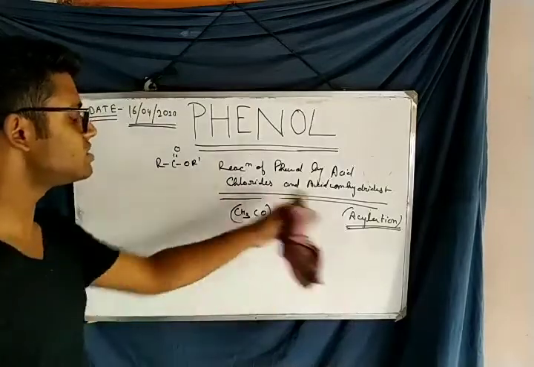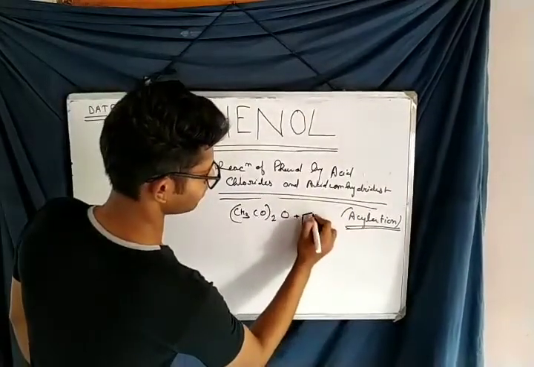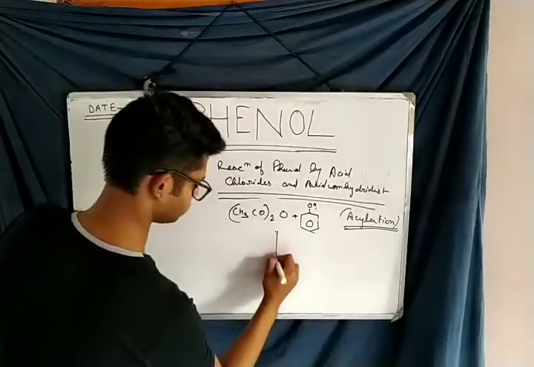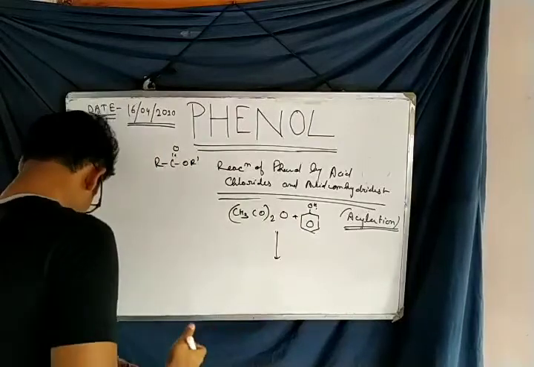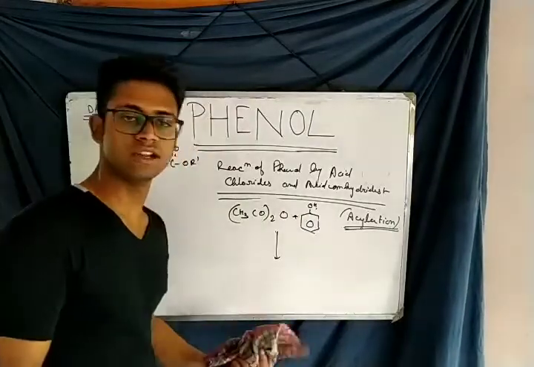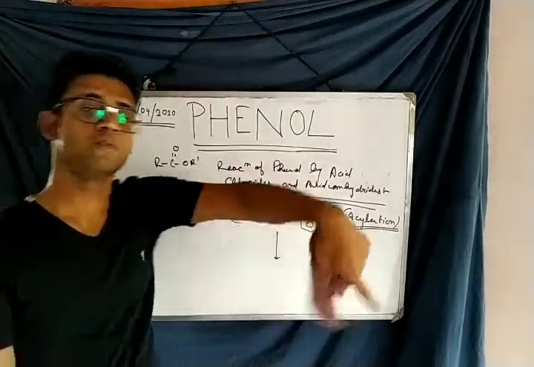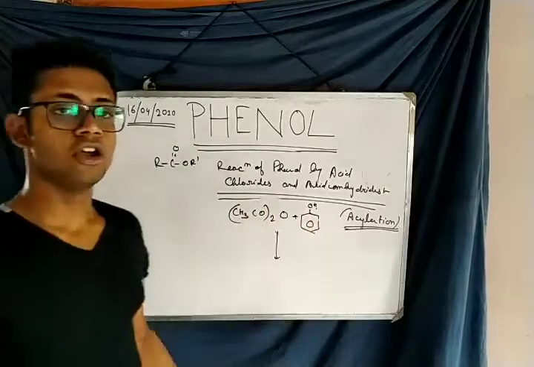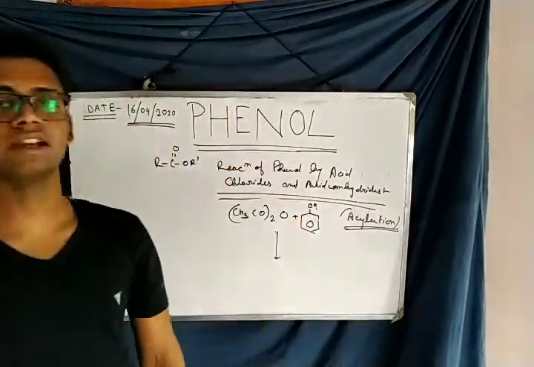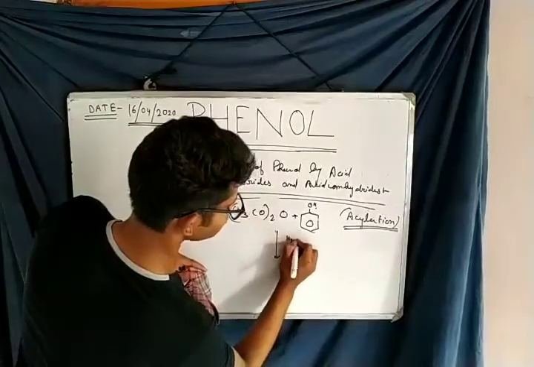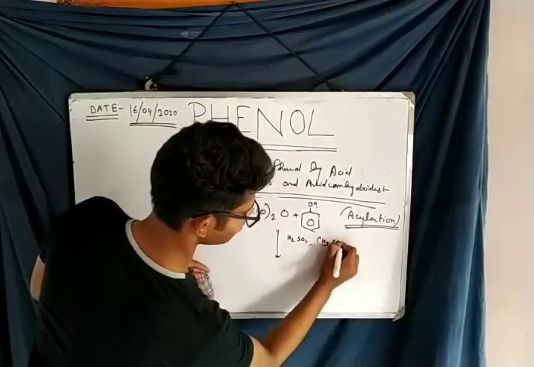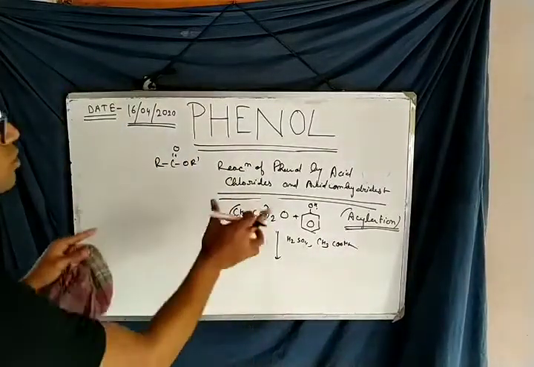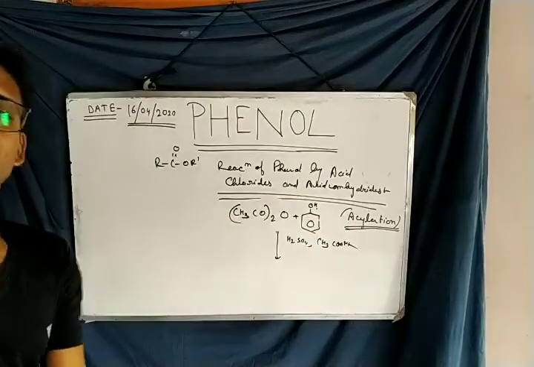When an acid anhydride is treated with phenol, it also gives us an ester, but there is a difference in the reagents of the two reactions. In the first reaction we have to use pyridine. Remember it, in the first reaction with acid chloride and phenol we have to use pyridine, but in this reaction we have to use H2SO4 and CH3COONa. And it also yields an ester. The name of the ester is also phenyl acetate.